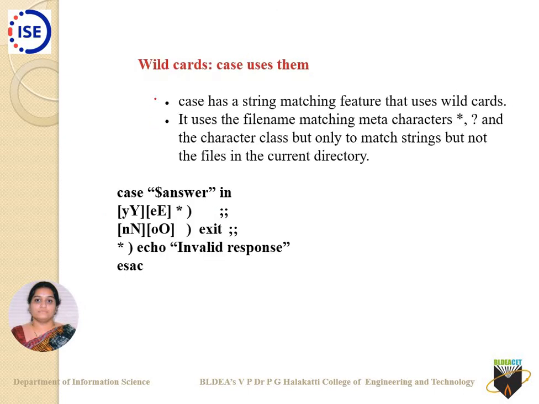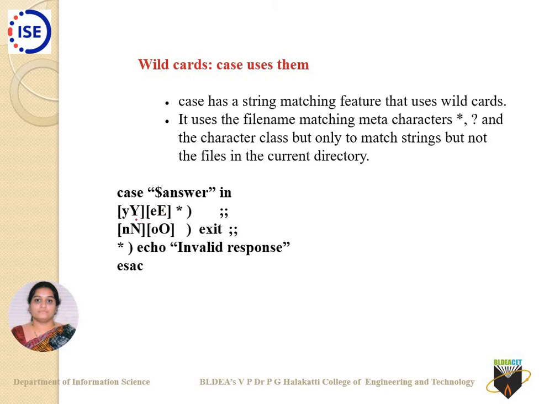You can even use wildcards with your cases. For example, for YES, this is the terminology I'll be using, and I make permutations, that is combinations, of these. The first character can be a small y or a capital Y, then a small e or a capital E. Then I have taken y asterisk. What does asterisk mean? Any number of characters can follow. So it can be YES with a small s, or capital Y, capital E and small s can also be accepted.